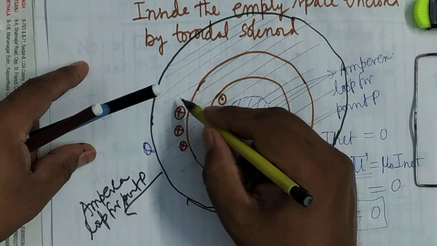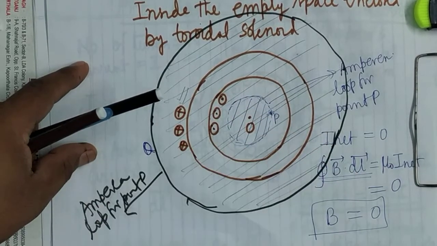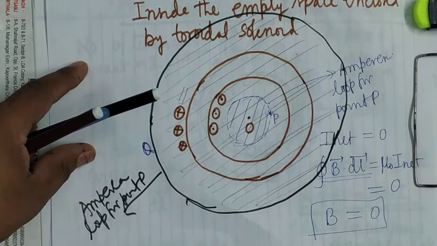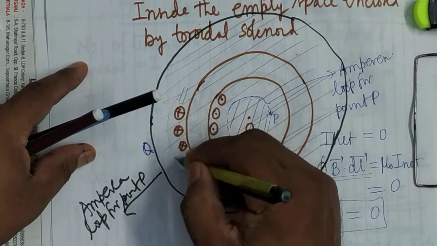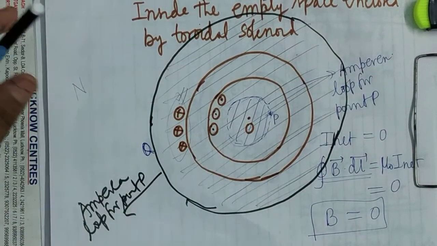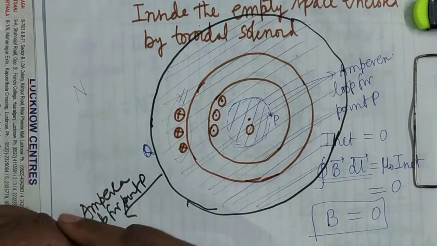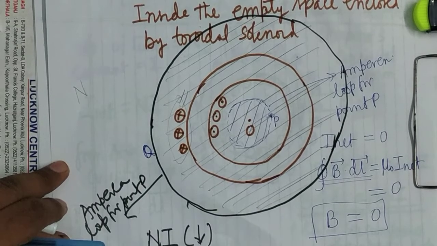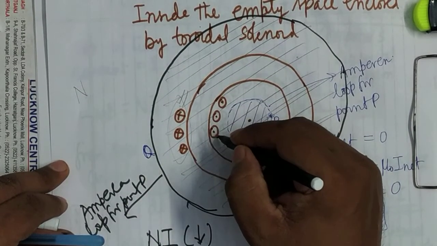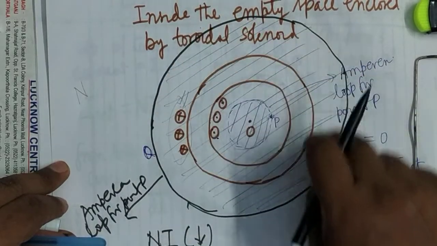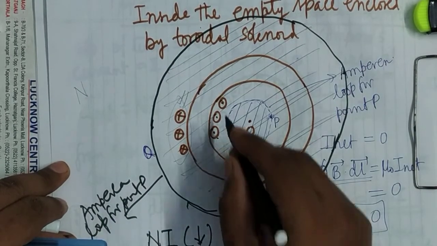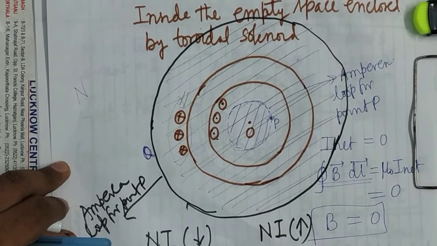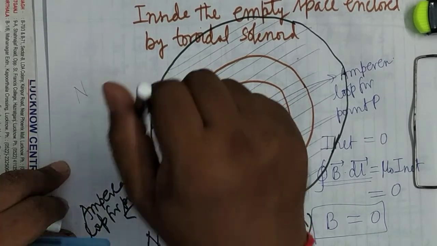Now, if you see how many current turns are penetrating this Amperian loop, you can find that these turns are carrying the current in the downward direction. These turns are carrying the current in the upward direction, and all are penetrating this. How many are they in number? Already I have taken capital N. It is clear. It means that N into I current is flowing in the downward direction. They are N in number, which are on the inner side and penetrating the whole area. They are also N, each carrying current I upward. So this means NI current flows upward, NI current flows downward.